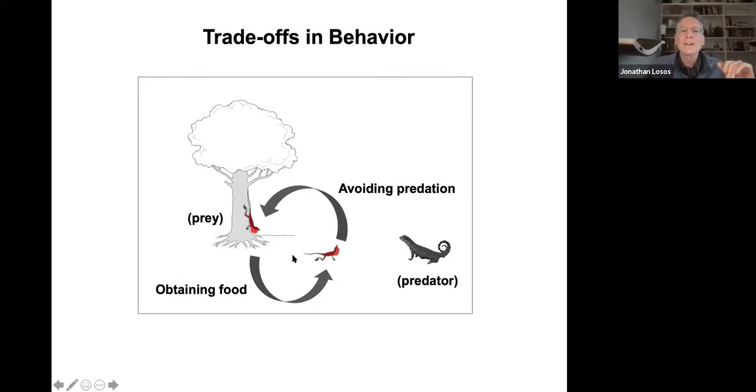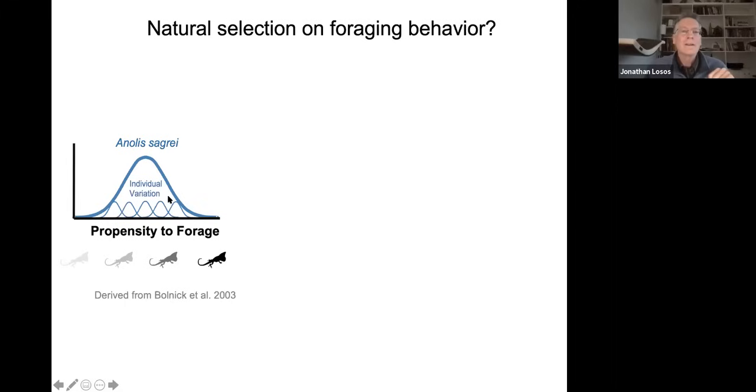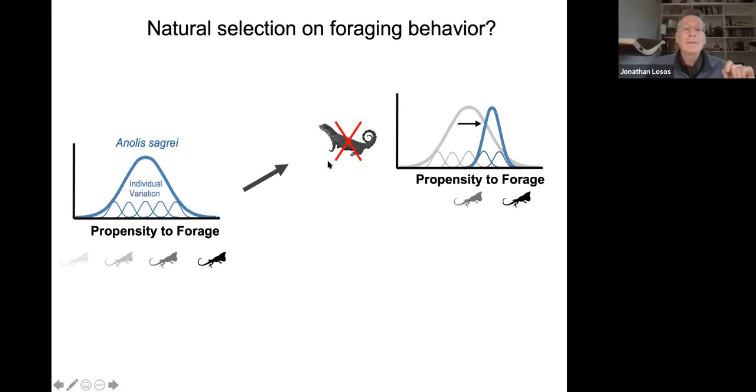How willing is it to run out away from safety to forage for food? And some will be more willing to do that than others. And so you might imagine that there is a normal distribution of behavioral tendencies, and that in the absence of predators, the lizards that are more willing to run out there right away will do better because they'll get more